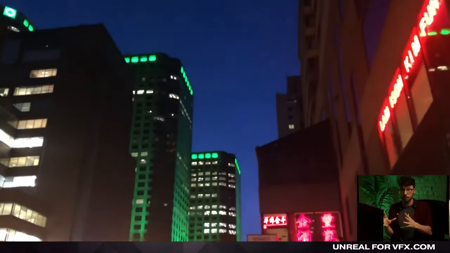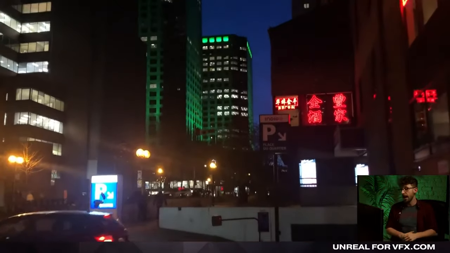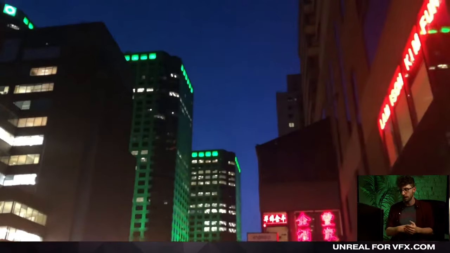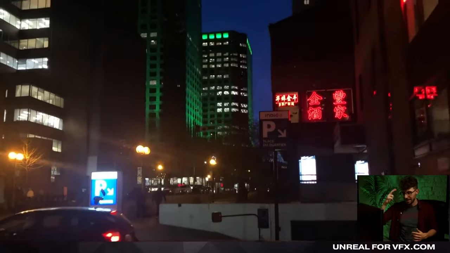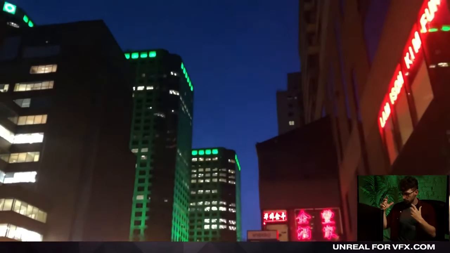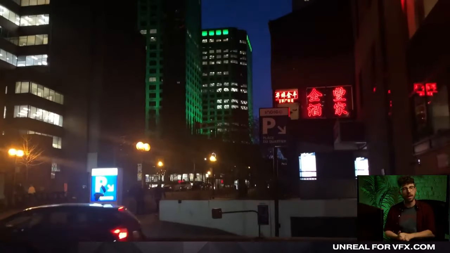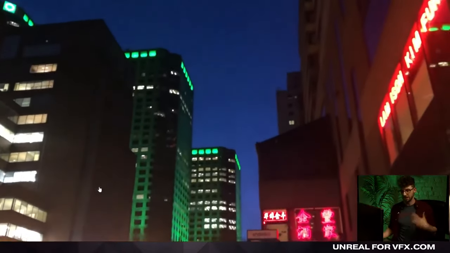So to do that on this project, I live in Montreal. I went down to Chinatown, the area inside of the city, and I found a street block that had all the elements of the city I was trying to make. So this blue nighttime sky, the bright office buildings, the yellow streetlights from underneath, car headlights driving, and being able to see these red neon signs as well, and what it looks like to have this crazier green building lighting. And I was able to capture everything I needed to create in a single video clip.